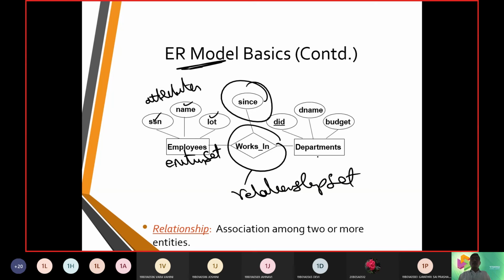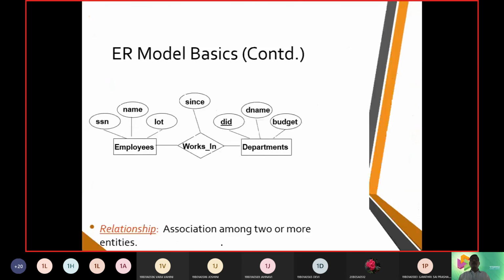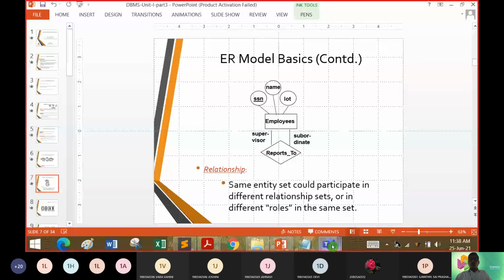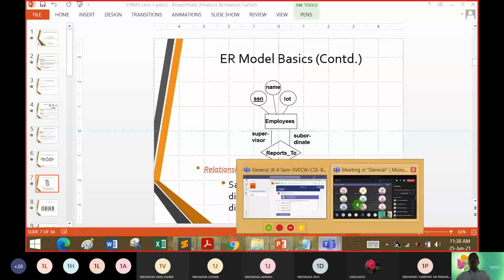And then we have departments, again an entity set, and we have DID as a primary key. So we call it a constraint, which is represented with an underline here. Now you can see a relationship set associates 2 or more entities. In the interest of time, we will pause our presentation at this point. We will continue it from another session.